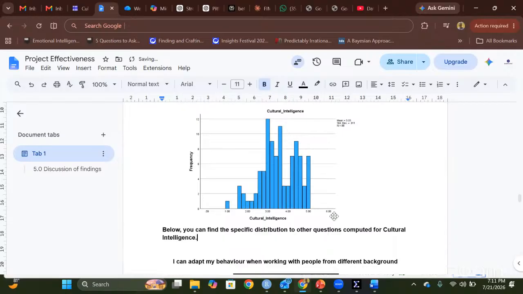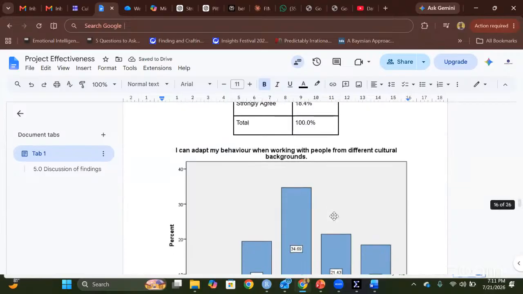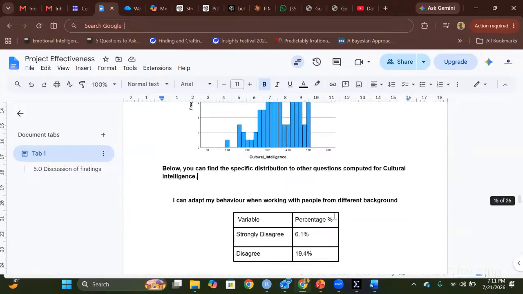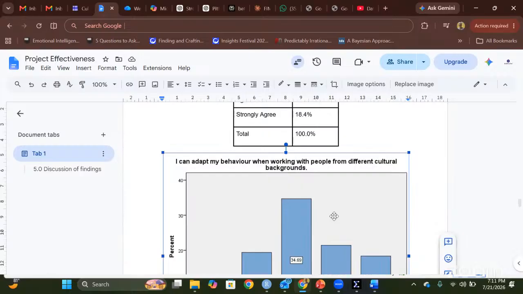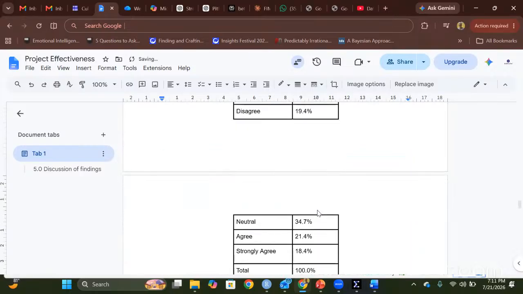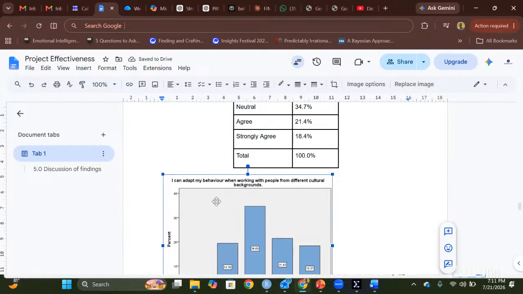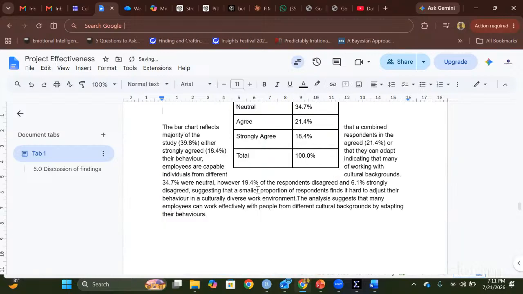So then you can start talking and talking. Most of the time, when I want to talk about others, what I do is that I create a,